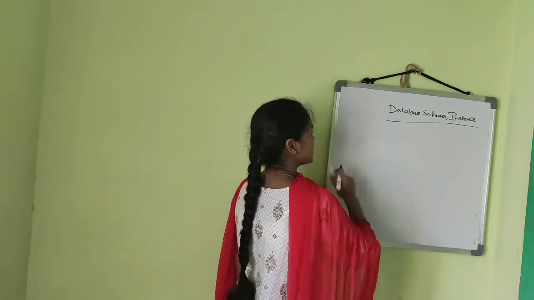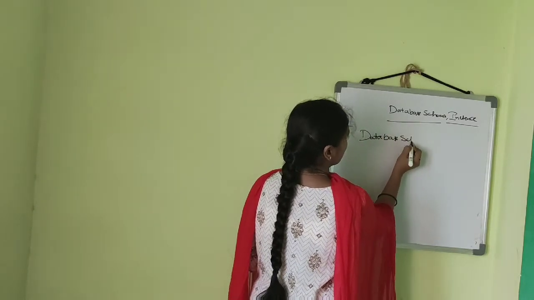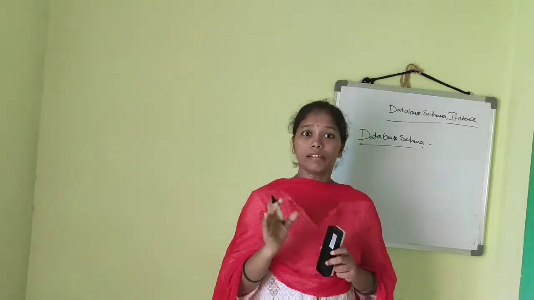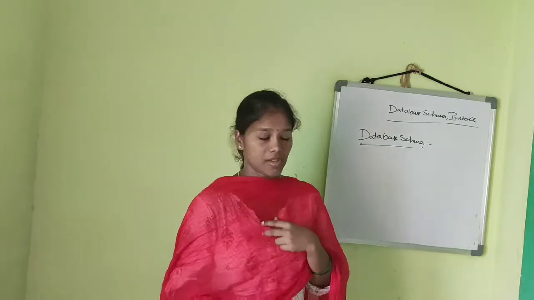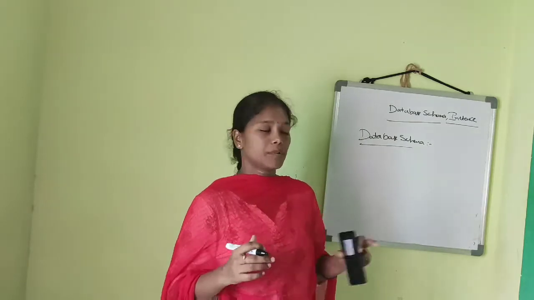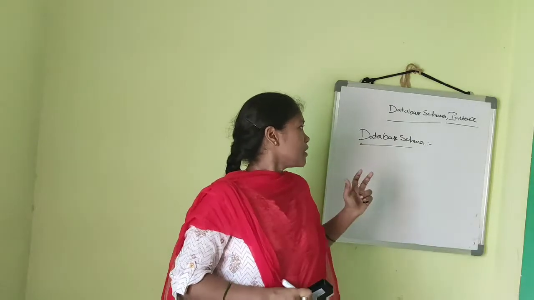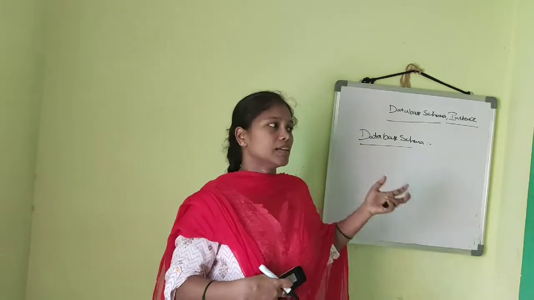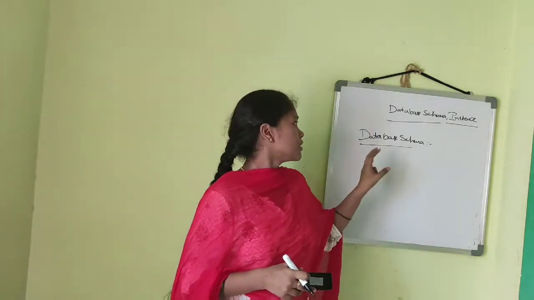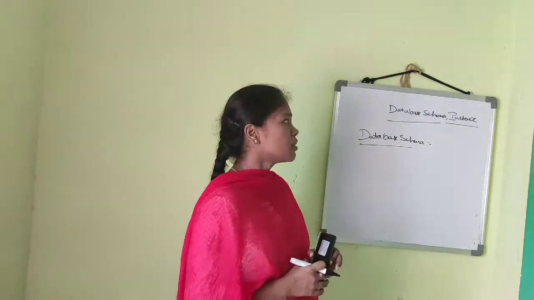And next one is database schema. The database schema is a skeleton structure of the database. That means it can be represented in the form of a visual diagram. That means it can be shown in table format, and it has some attributes like data and the relationship. It can have relations with each other. Okay, this can be shown in table format. Okay, this is the database schema.